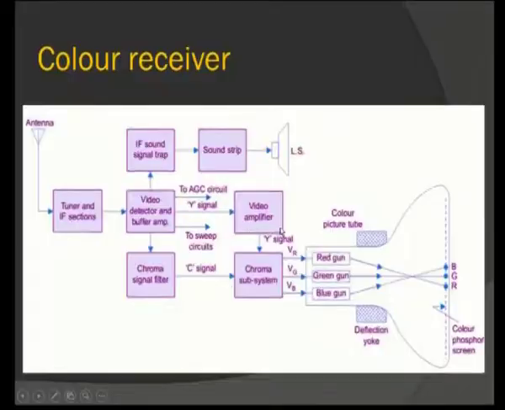So, here in this section we separate the video signal from the sound signal, and the video signal is sent for further amplification and the chroma subsystem, and the sound signal is sent to the IF sound signal trap, and again it is sent to the sound strip, and at last to the loudspeaker. When the video is amplified, it is fed to the chroma subsystem. In the chroma subsystem, VR, VG and VB are separately detected and fed as separate signals to the 3 different electron guns, and this is made to eject on the phosphorus screen of the picture tube.